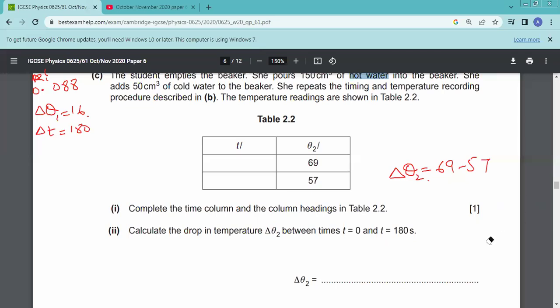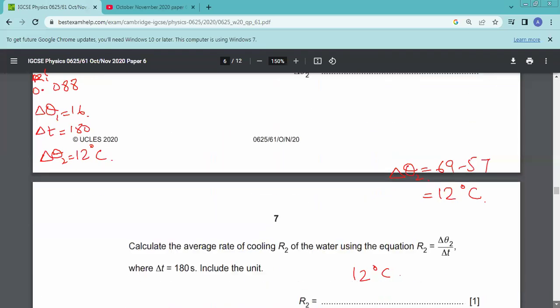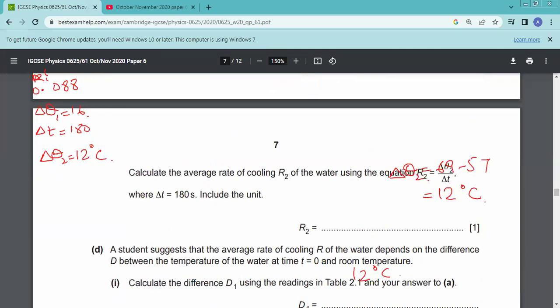It would be 69 minus 57. So it's 12. Now the delta theta 2 is 12 degrees centigrade. Now delta theta 2 I'm writing here is 12 degrees centigrade. Now, what we have to do next is calculate again the average rate of